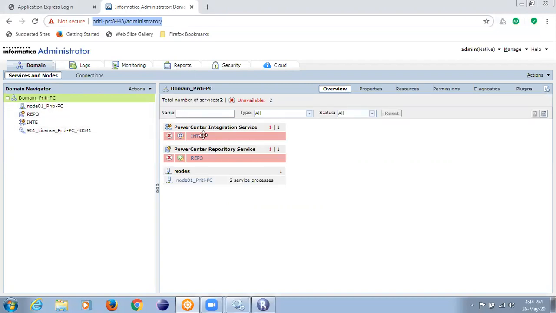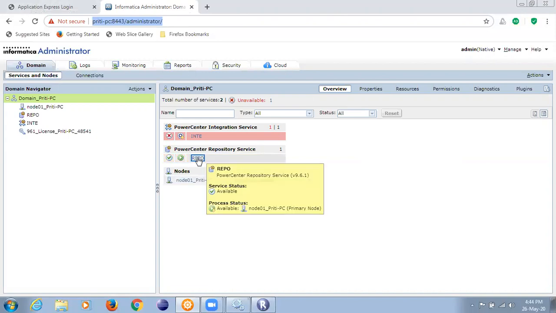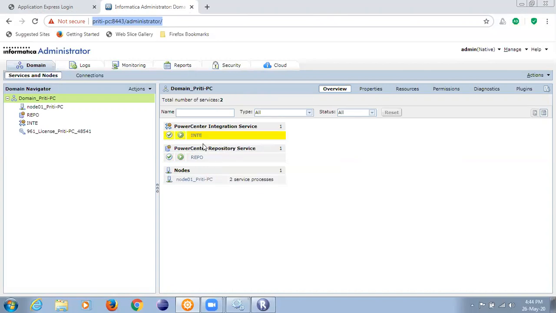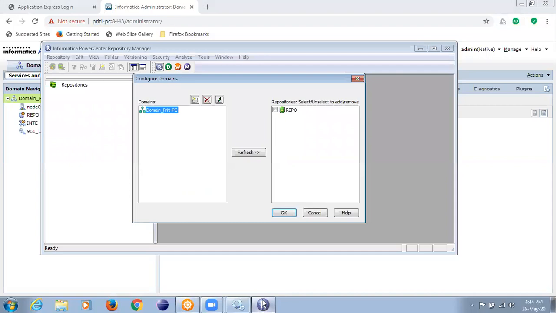Services are not running. Why? This is running now. This should also work. Can you see now? This is coming up here. So the repo is now there. So we just have to configure these things. We don't have to specify anything here. What it has done is it has taken the details from the server and displayed it here.